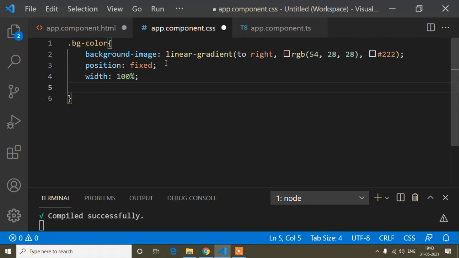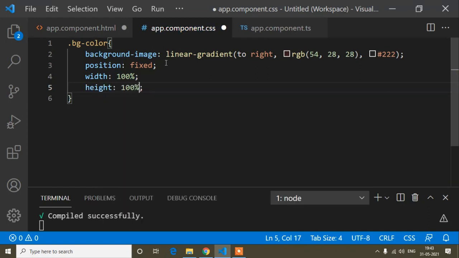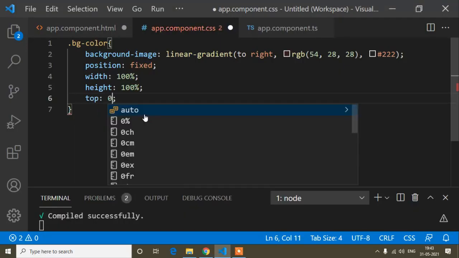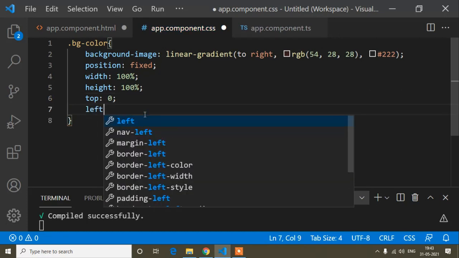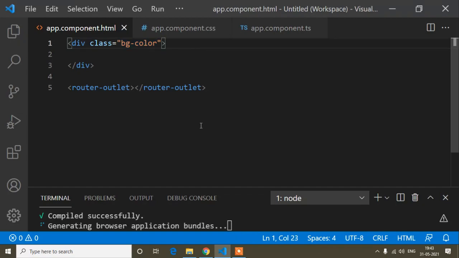So width is 100%, and height is also 100%. When we write position fixed or position absolute, at that time we set from where this element will start. I want to start this background color from the top and left. So here I will write top is 0 and left is also 0. That means it will add the background color on the whole of this page.